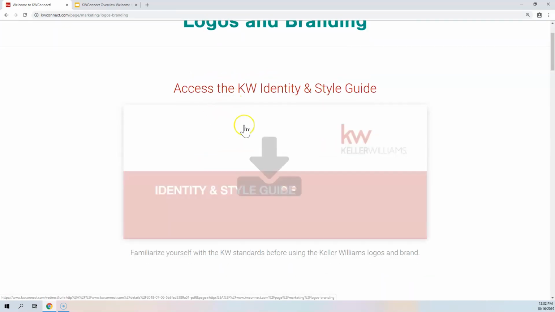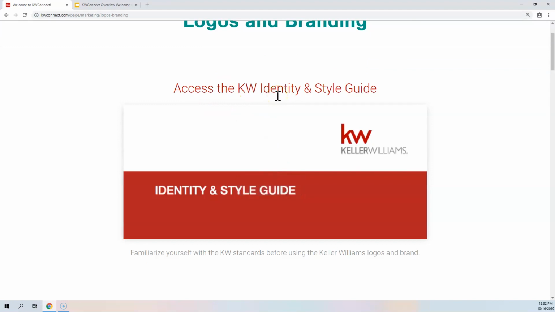And the first thing to show you on this page is this identity and style guide. This is a very important document that you really need to download because it tells you how you are and are not allowed to use the KW name and the KW logo in your marketing materials. It shows you information about different sizes for the logo, relative sizes of the logo and other things, colors that you are and aren't allowed to use with the logo, the way that yard signs should be